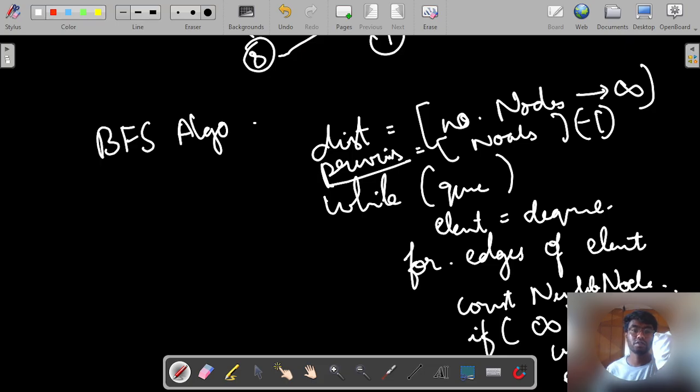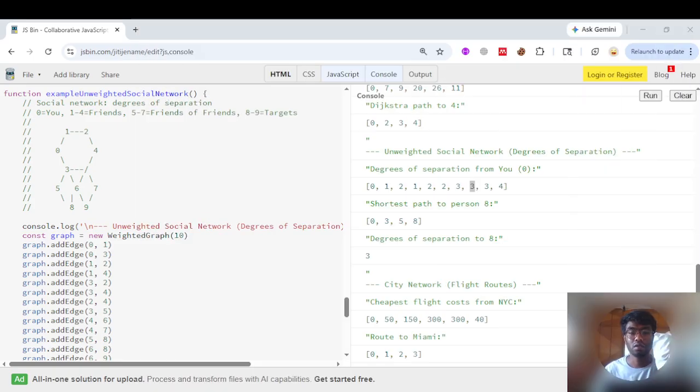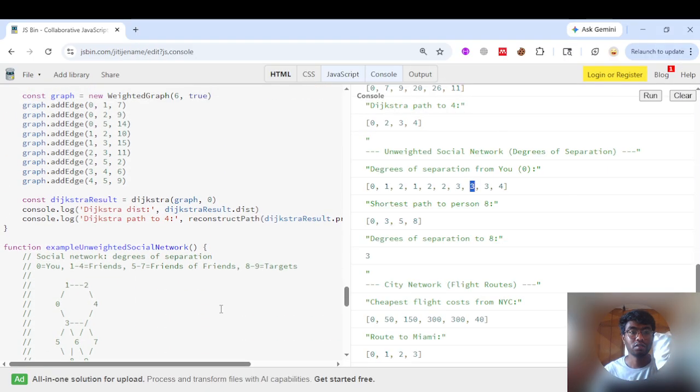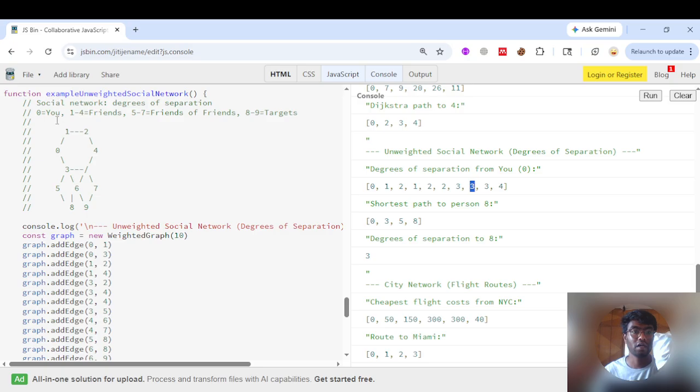So this is our logic. Let me quickly switch to the JS Bin editor and let's walk through the code. So yeah, switching to the JS Bin editor. This is the specific graph that we have, and consider this as a social networking site with degrees